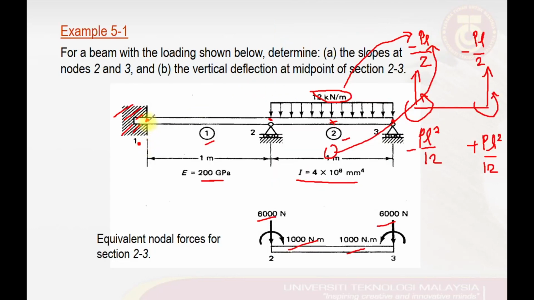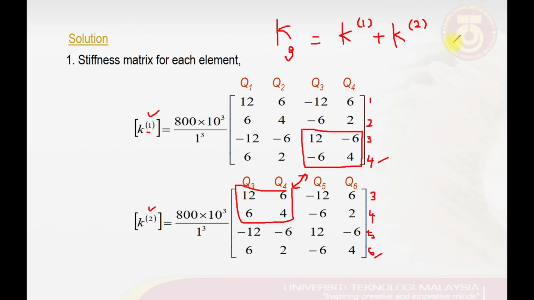Since we have three nodal points, and we know that for each nodal point we have 2 degrees of freedom, then we can expect that for the whole structure we will have a 6 by 6 square matrix in our global stiffness matrix. Thus, adding the K1 and K2